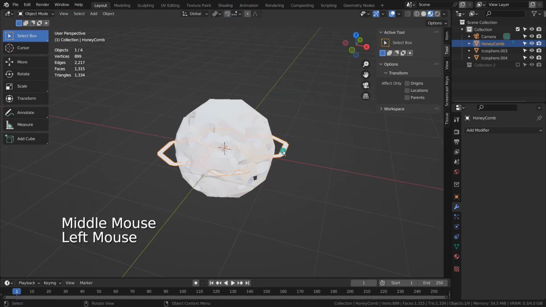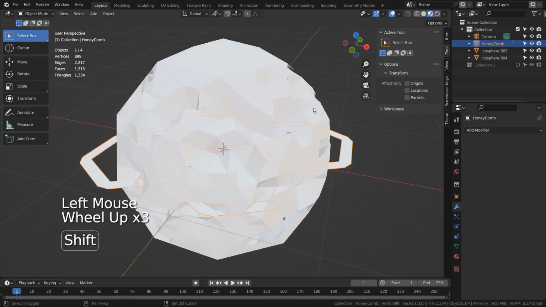Select the honeycomb mesh, shift-select the vertex group faces, and use the tissue add-on like this.